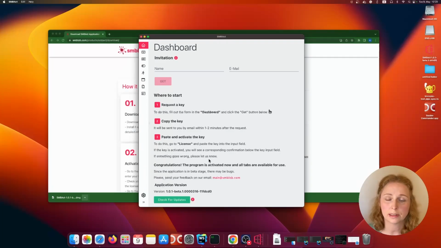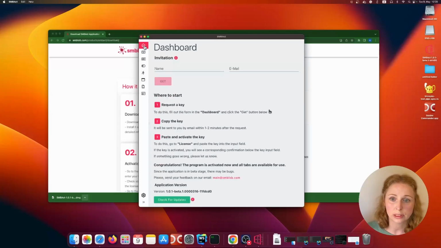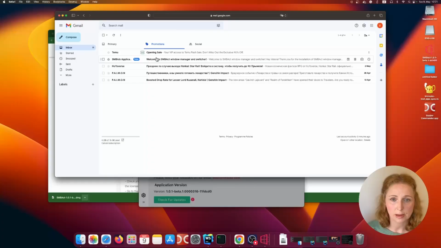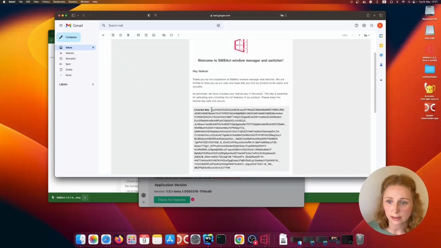The next step is an activation of the application. Now you don't have access to the tabs except for Dashboard and License. To activate it, go to the dashboard and enter your name and email and click the Get button. Then go to your emails, find the letter, copy the license key,